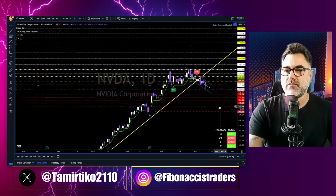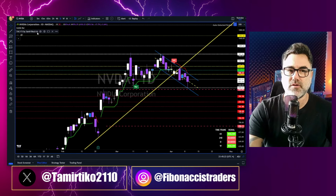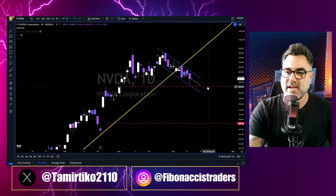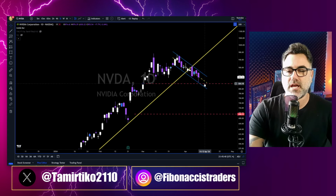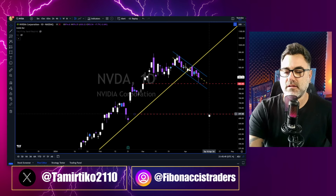Nvidia continues its sliding down, another 2% to the downside, and you remember we have talked about this short-term downtrend channel that takes Nvidia all the way first to close the 822 gap, and yesterday almost closed the gap. This gap is still open. Let's see how the market will react. Bad reaction, and Nvidia will just skip this gap to the downside to 770, 740, and to this